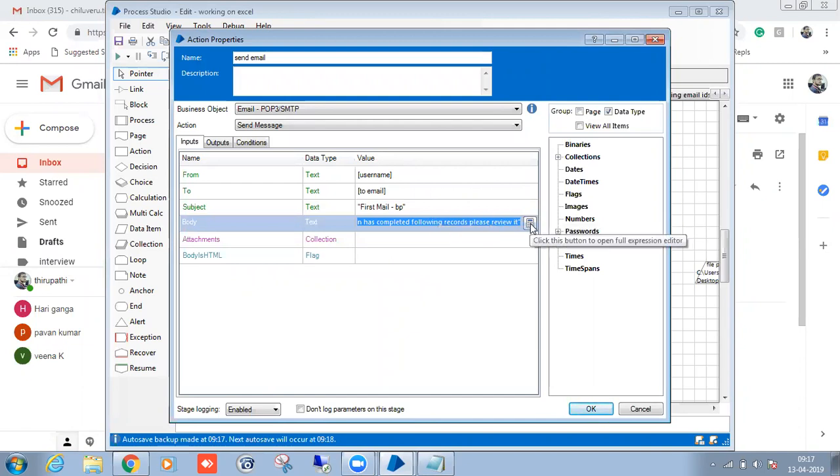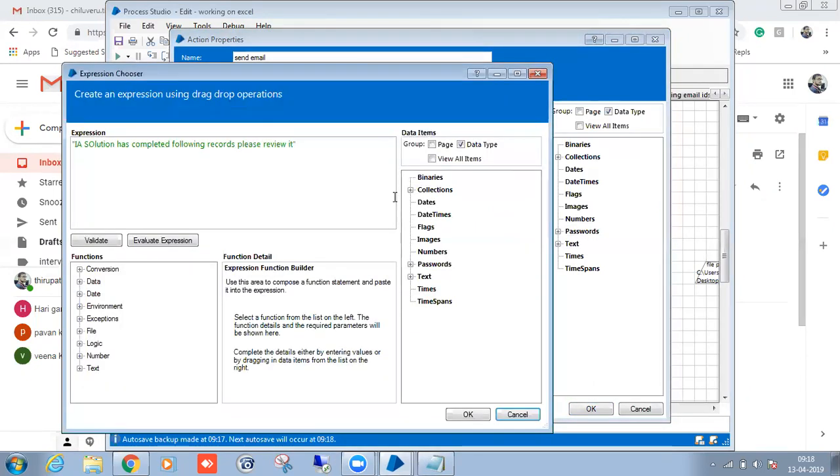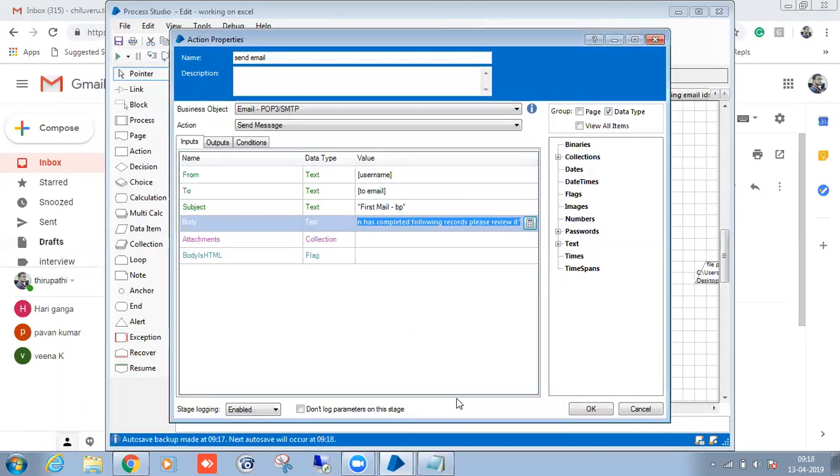All the body and subject will be in the PDD, the process definition document. In the PDD we have all these details: after a successful transaction, what mail are we going to send, and after failed transactions, what mail are we going to send. Everything will be in the document, and according to the document we have to do the development.